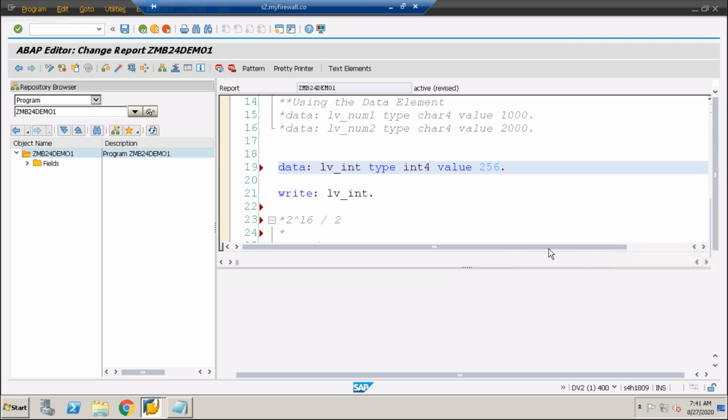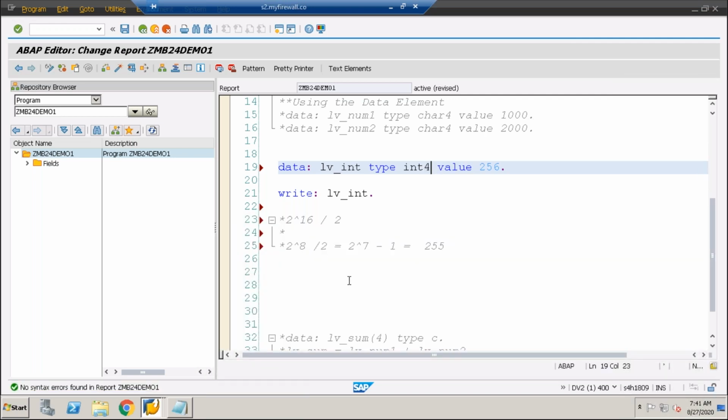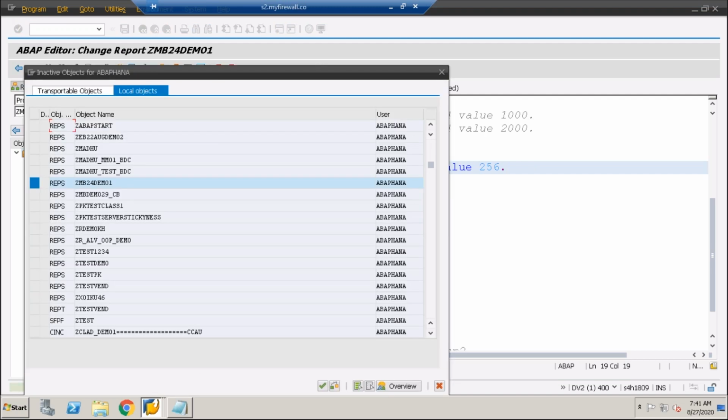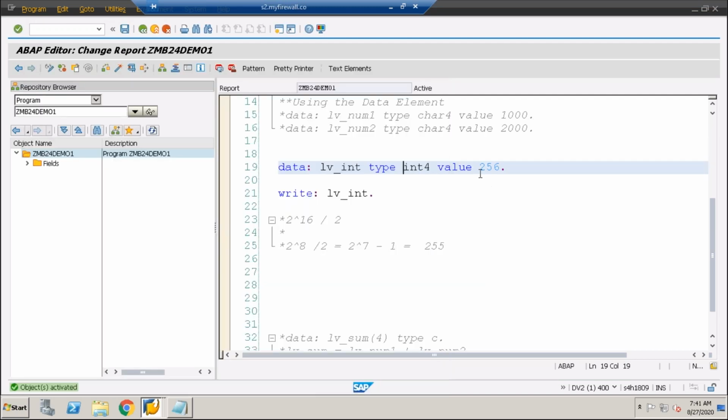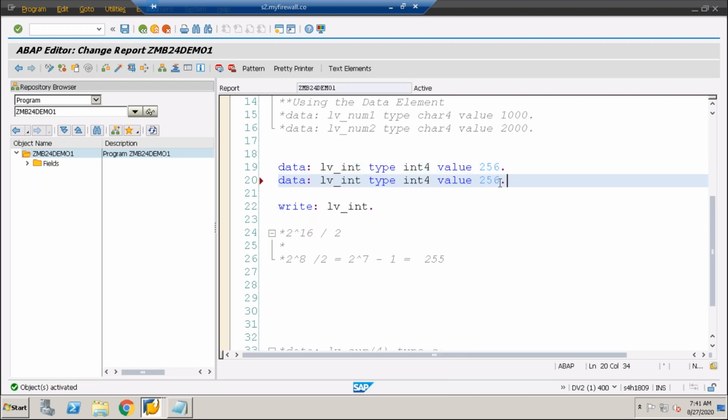Control F2. So if some problem is there, SAP will help you to identify, you should just know the basic things. Fine. So activate this one, and it is now activated. Okay, so int 1 also you can define like this. Packed data type we generally declare like this: p decimals